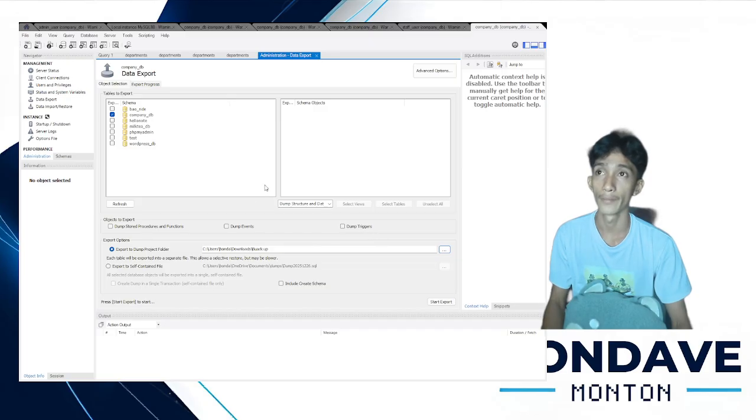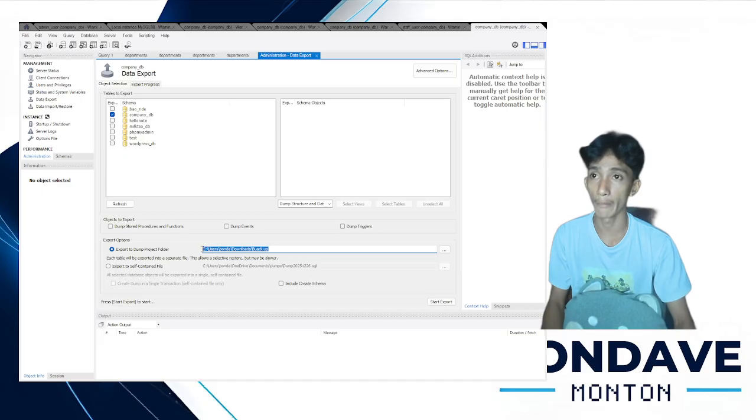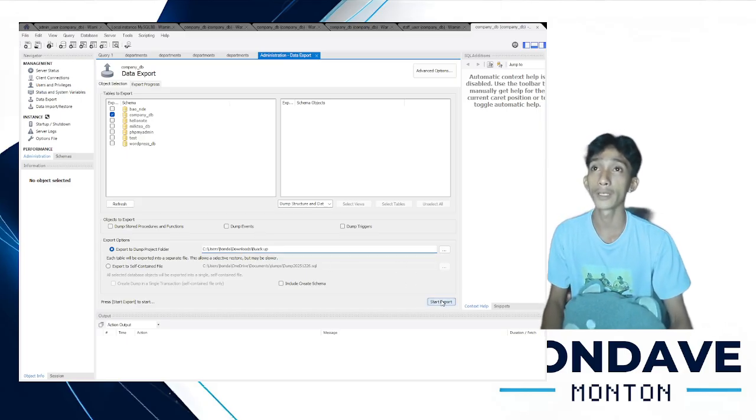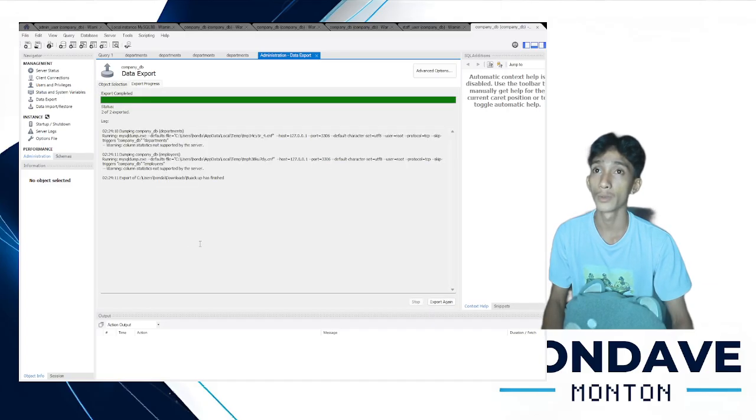Then okay. We should remember this file path, and then start export, override, continue.